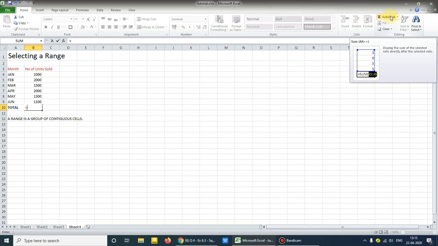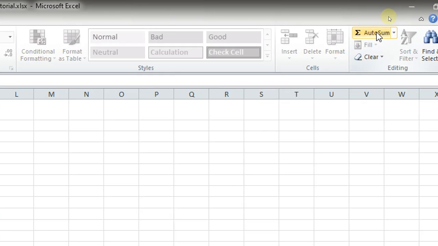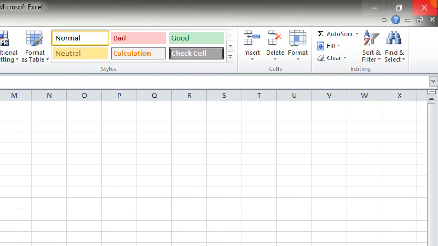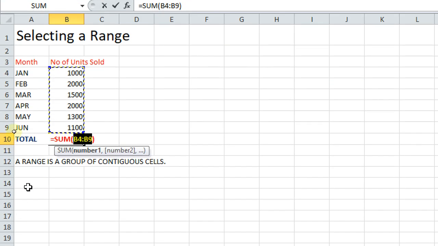Auto sum. This sum, if I press it here, see what is coming: is equal to sum B4 to B9. Now this B4 to B9 is a range.